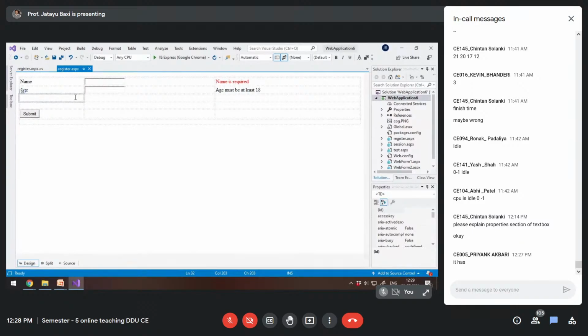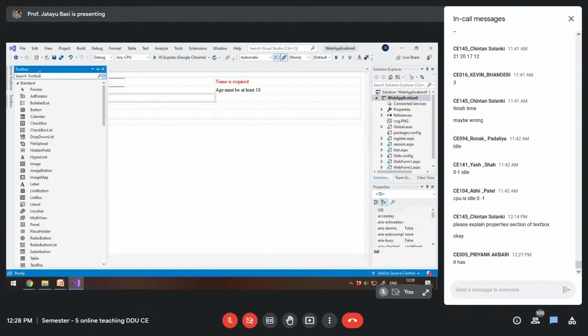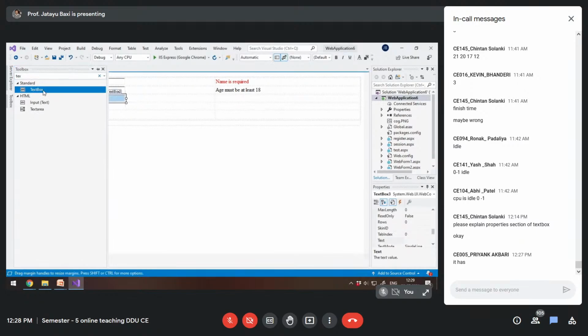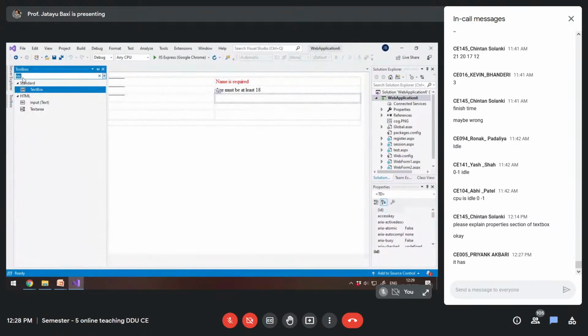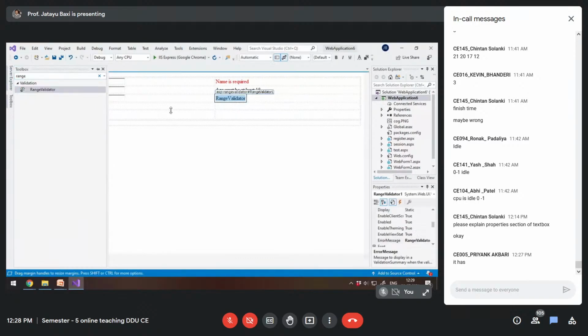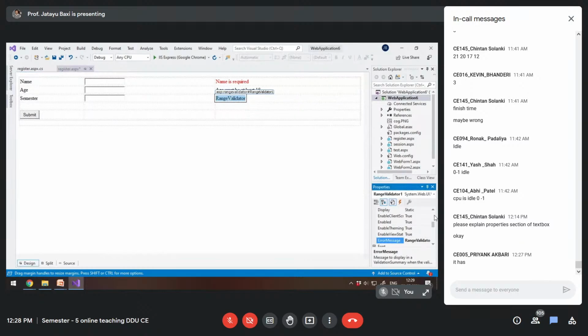And let's add the range validator. So semester, one more text box. I'll add range validator. So first, the text property: must be between 1 to 8.